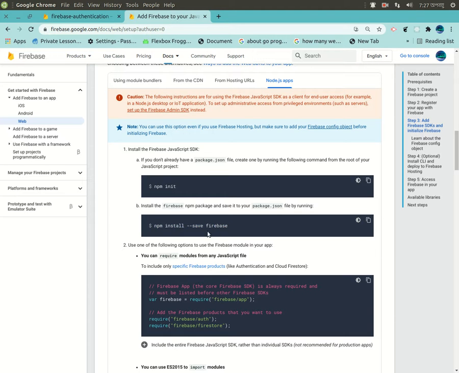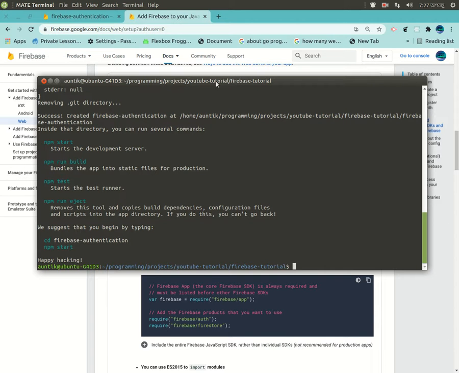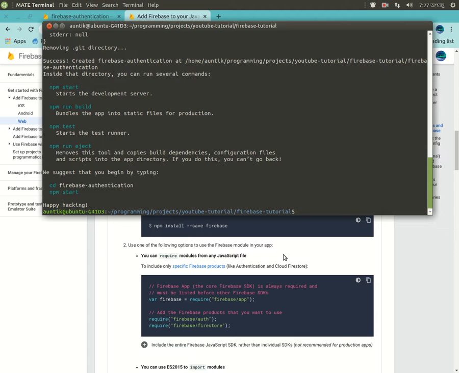So we just want to copy that, and you can also write it down in the terminal like that: npm install --save firebase. Okay, and then hit enter,